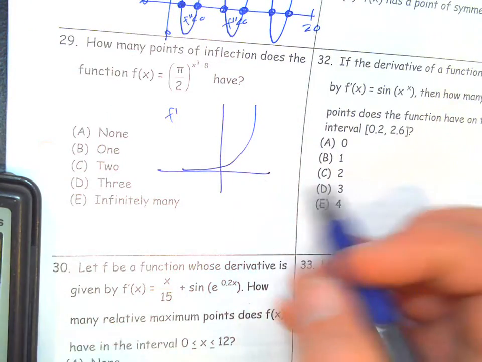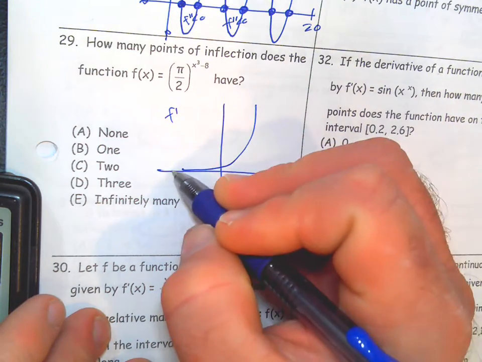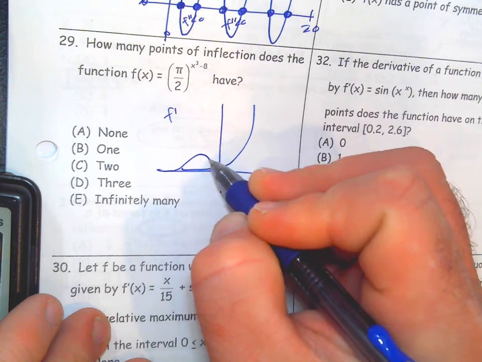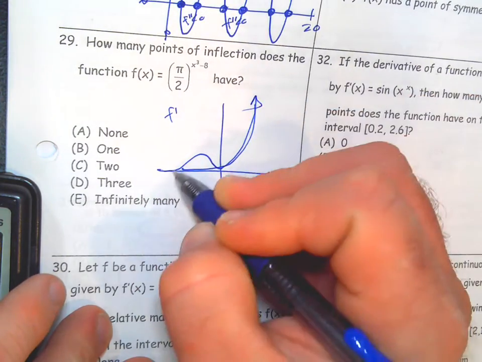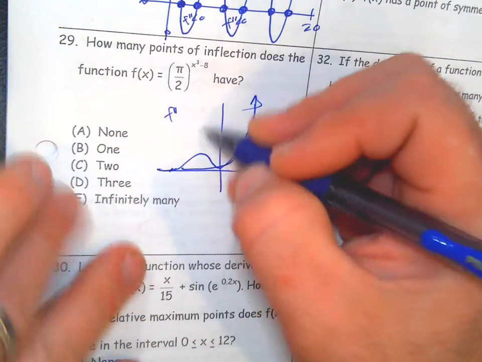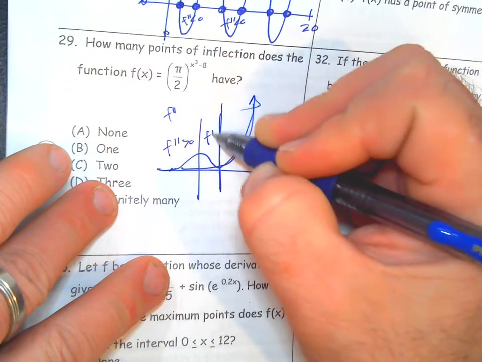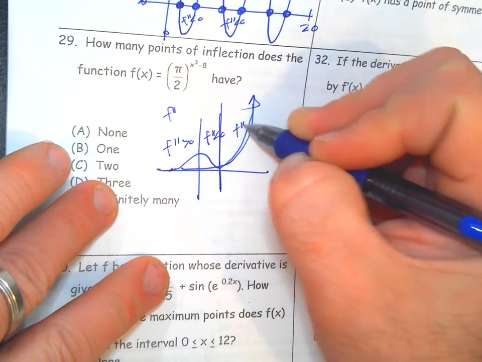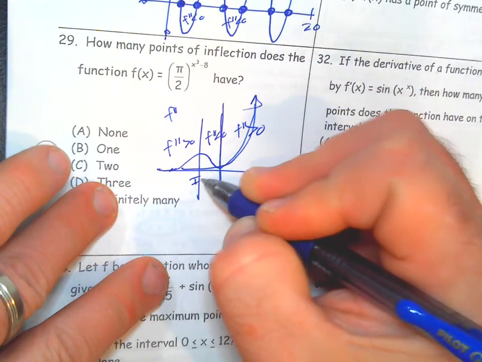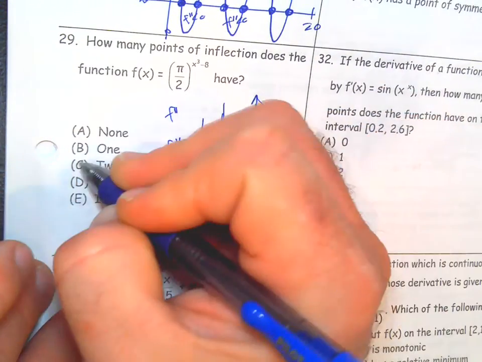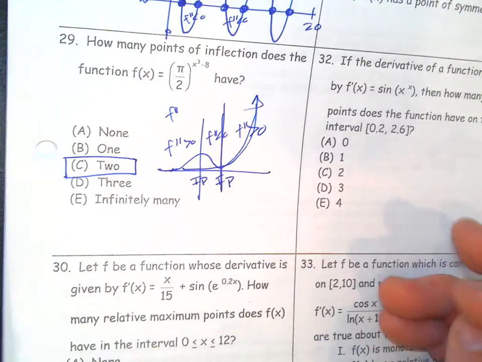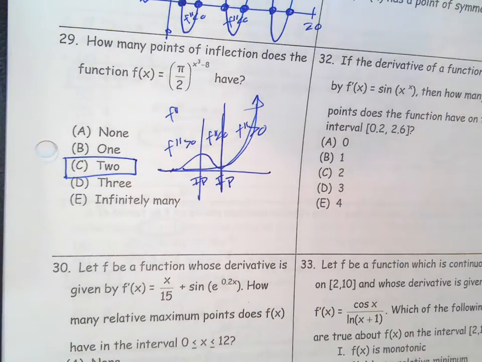I mean, the graph now closer, it looks like it goes like this, right? If that's f prime, f double prime is positive, f double prime is negative, f double prime is positive, so there'd be an inflection point here and here. So I'm going to go with 2. I feel like the x-intercepts don't even matter here,